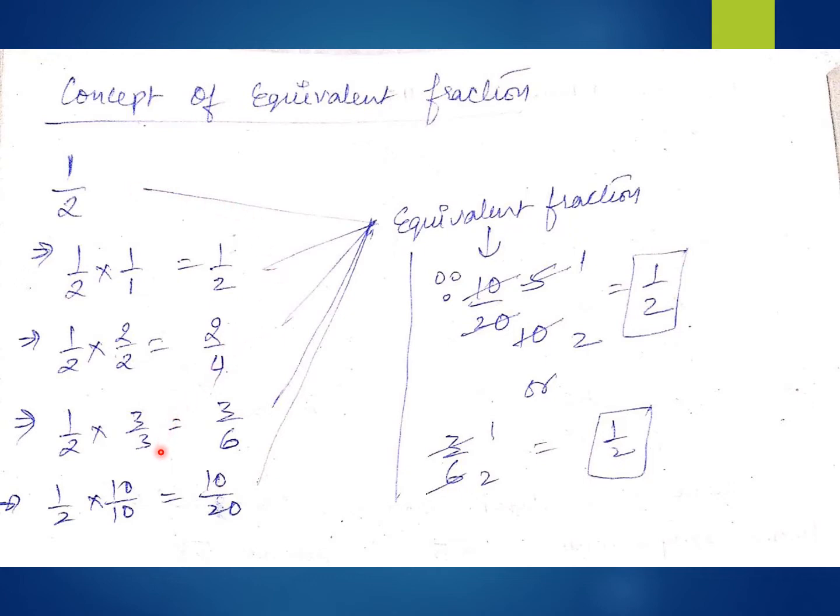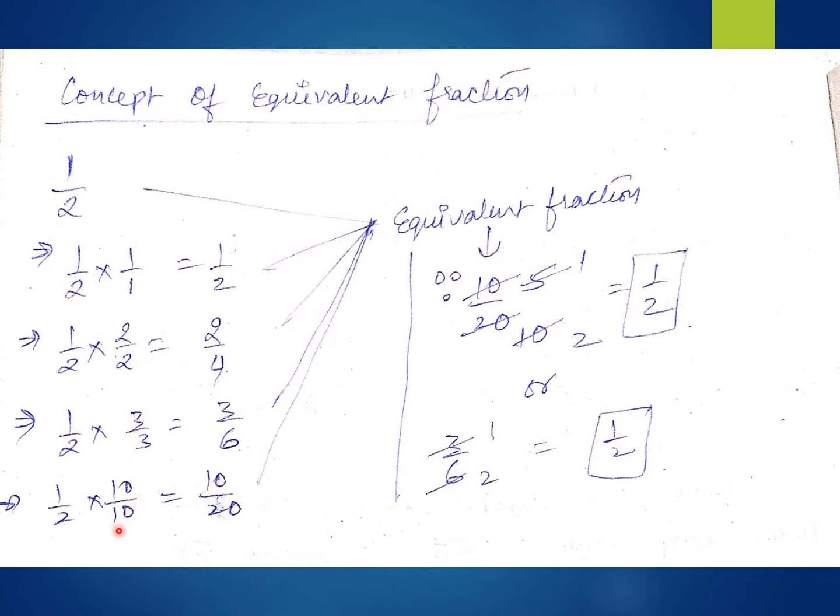Similarly, if I am multiplying the denominator by 3, I have to multiply the numerator by 3. So it becomes 3 upon 6. You can never do it like this, that I am multiplying only 3 in the denominator but not in the numerator, because you can't change the number on your own. What we are doing here is a balanced thing. Whatever we are doing in the denominator, we are doing in the numerator also. That is why we are correct. But if you multiply 3 in the denominator only from your side, that will be wrong.